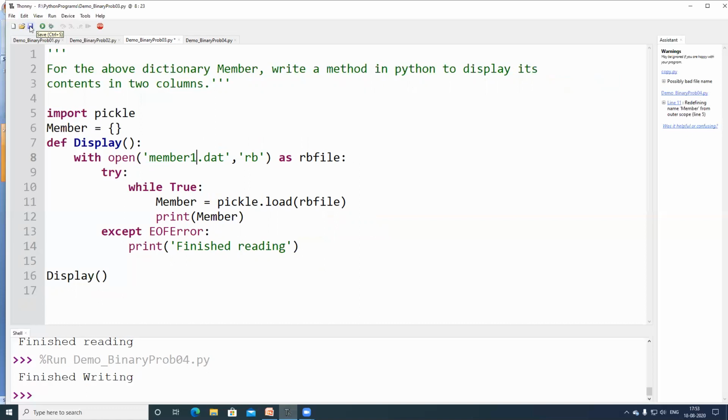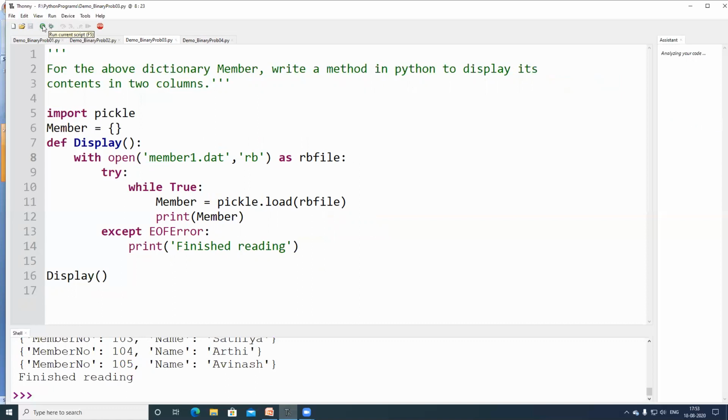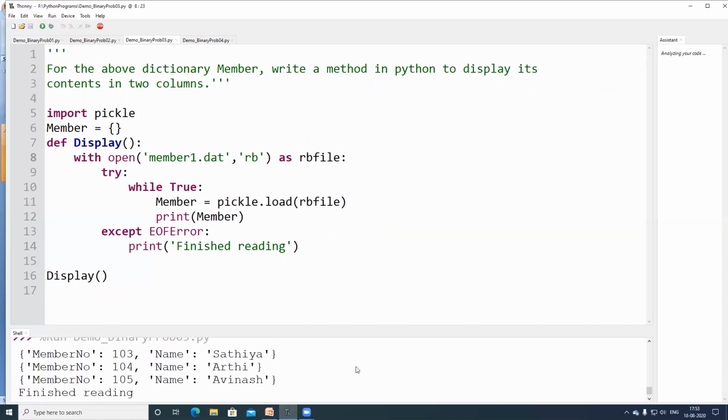Now let us reconfirm this one. See here, the output. Previously I had output starting from member number 100 to 105. 100, 101, 102 have been left, and the remaining members, namely Satya, Aarti and Avinash, have been copied to another file named member1.dat.